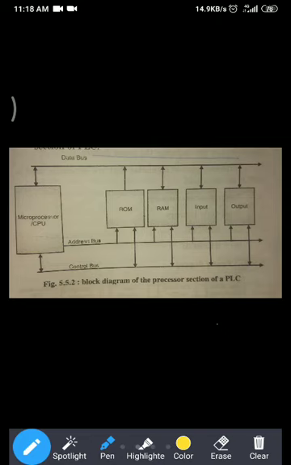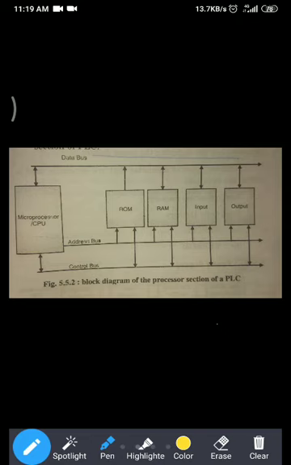The data bus carries the data from and to the memory and the input output module. The address bus is used to select the location of memory or to select the input output module. And the control bus is used to control the action, that is, whether to write the data or whether to read the data. So we know the function of each bus. This is the main function of the CPU.